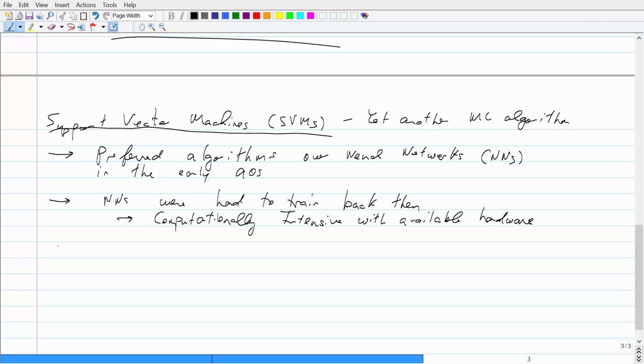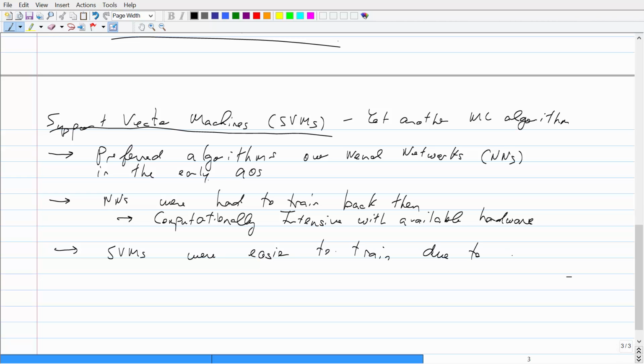The reason support vector machines are very powerful is that a guy from Microsoft Research designed a highly advanced, optimized algorithm to train them, which took a fraction of the time of training a neural network. That's why they were preferred in the early 90s. It's a technique called sequential minimal optimization. That's just a little bonus; we're not going to cover it. It's beyond the scope of this course, because it requires knowing advanced optimization algorithms. We want to focus on actually being able to use these things. So SVMs were easier to train